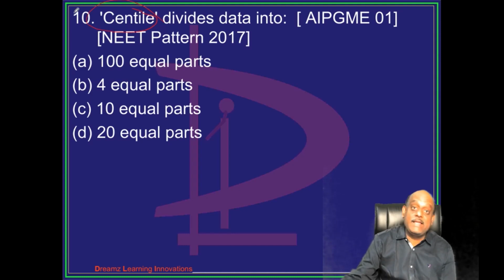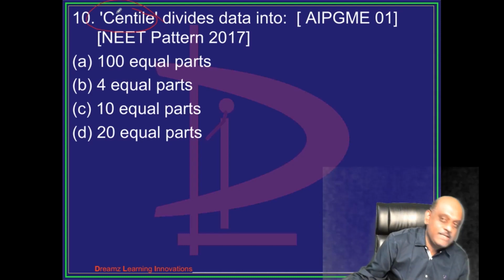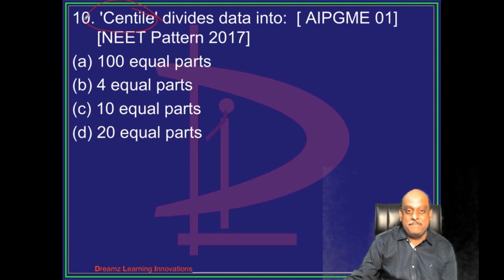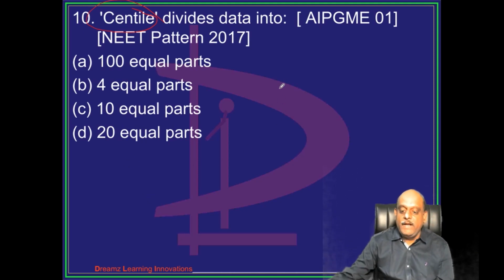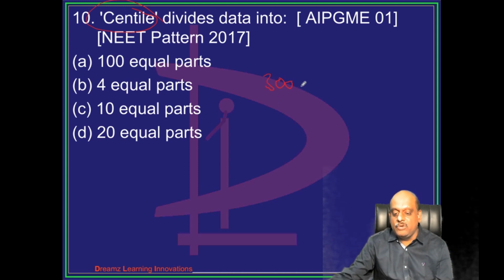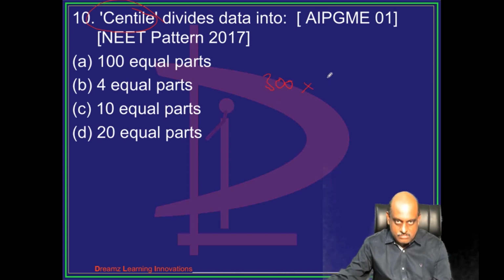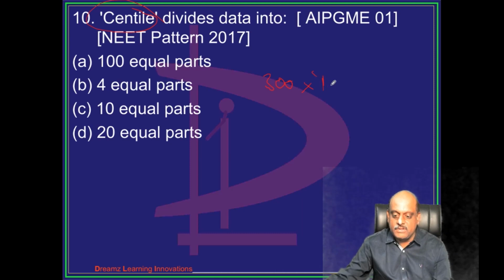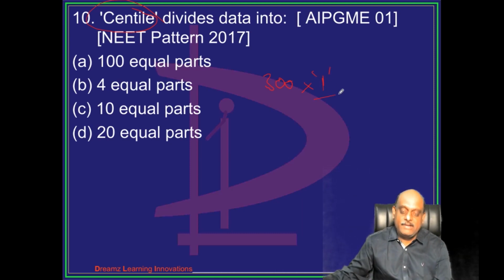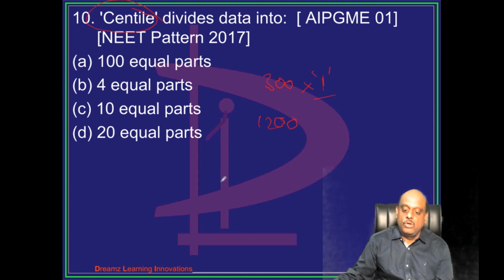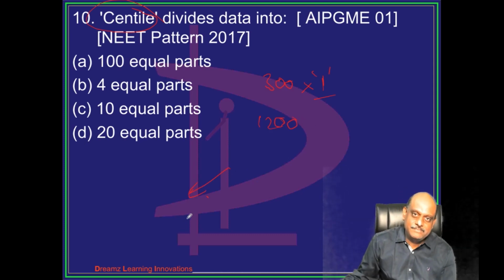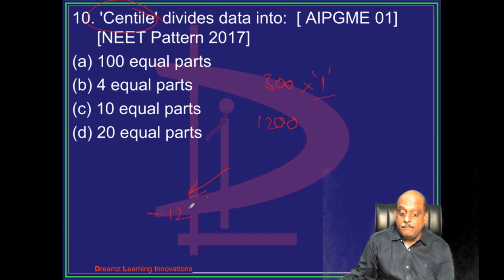सेंटाइल क्या होता है? नीट पीजी में पूरा परसेंटाइल परसेंटाइल बोलते ना, तो क्या करते? नीट पीजी में हाईएस्ट स्कोर कितना है बाबू? 300 इंटू 4 मार्क्स, बराबर 1200। लोएस्ट स्कोर कितना आ सकता? -1200,